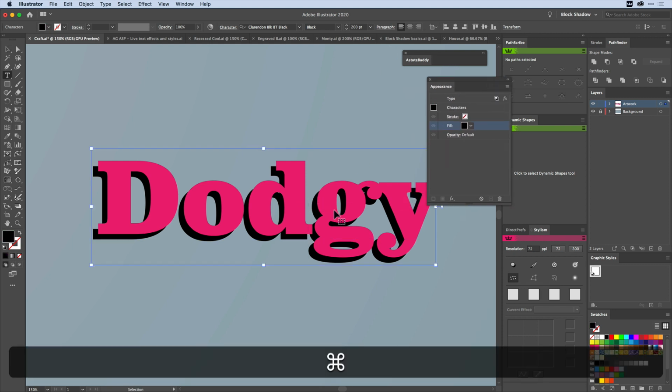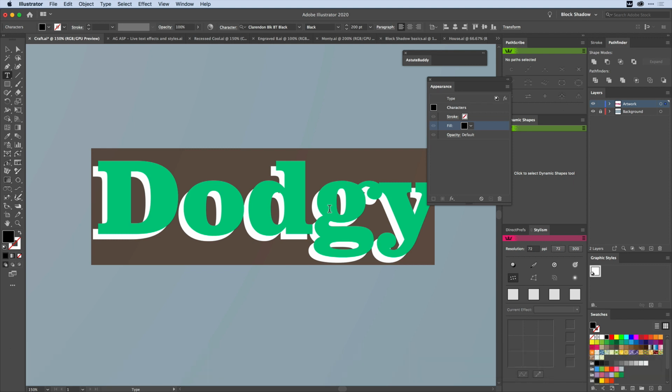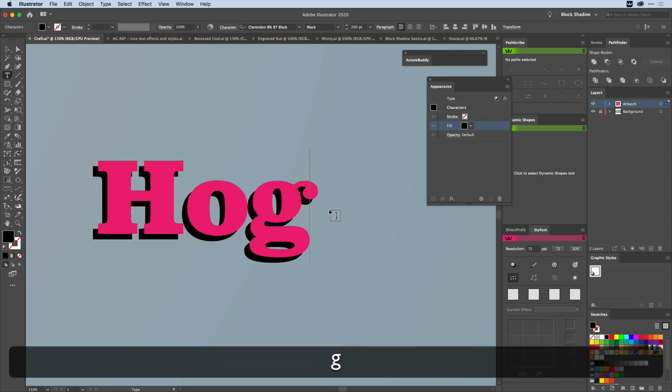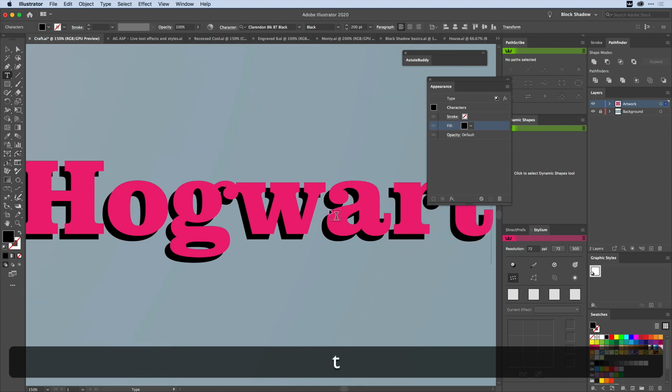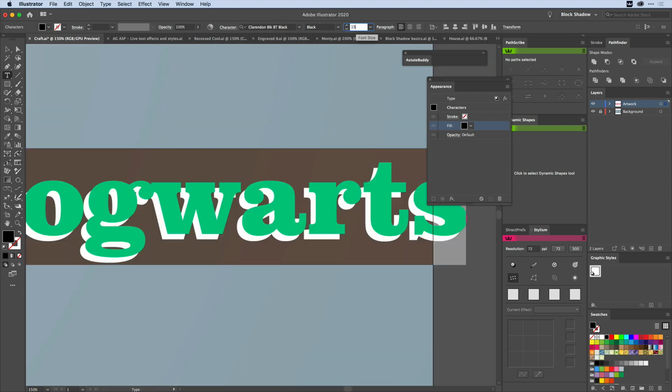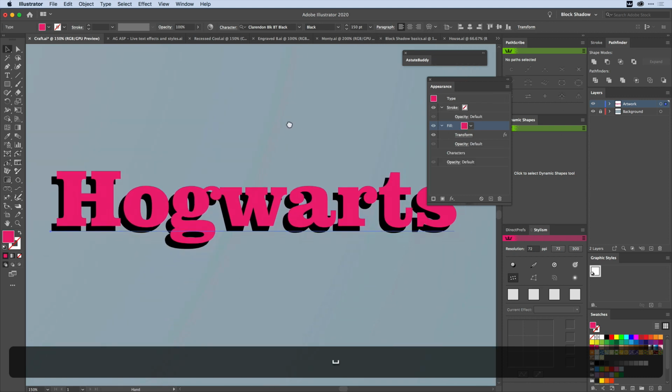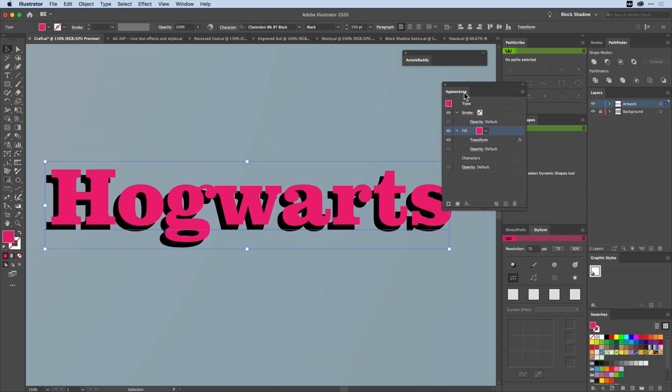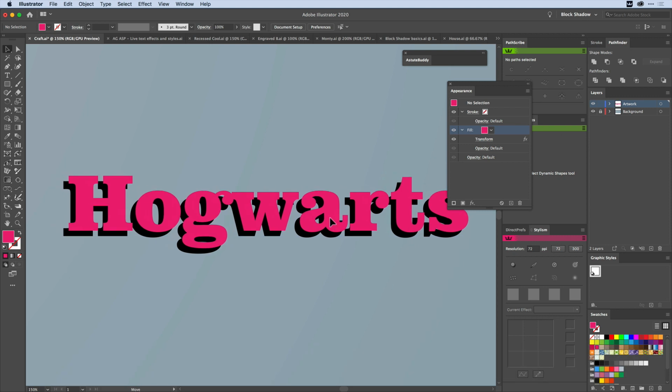So if I make it, I don't know, just for Von, because I don't follow Harry Potter, but oh my goodness. If you want me to be as British, there he goes. I have a teapot next to me. Anyway, right, so we've got Hogwarts there as well. So you can see that when I edited the text, the duplicate fill followed that.